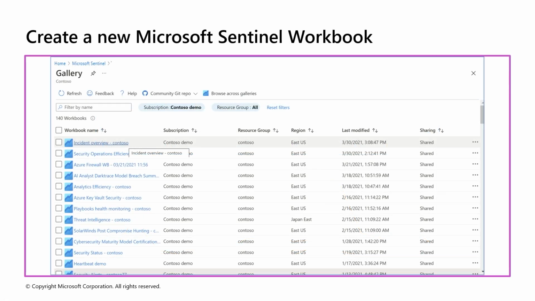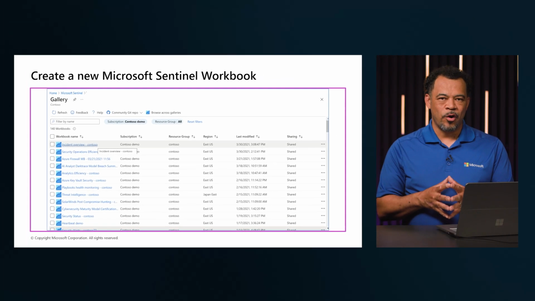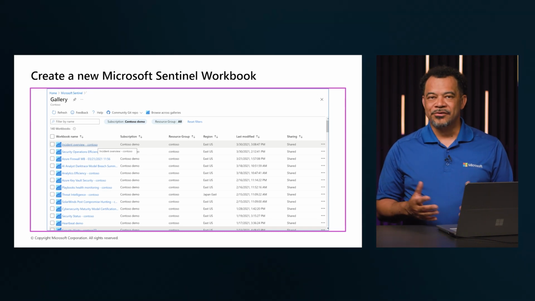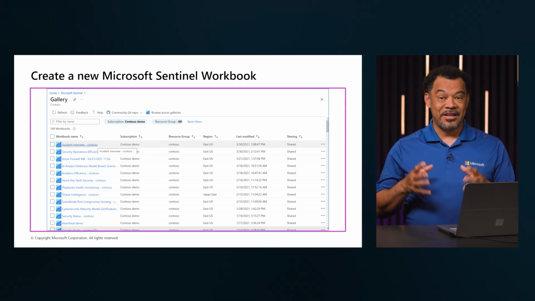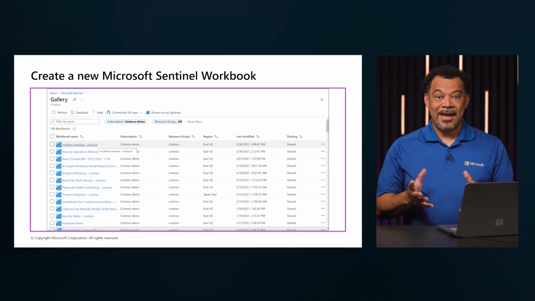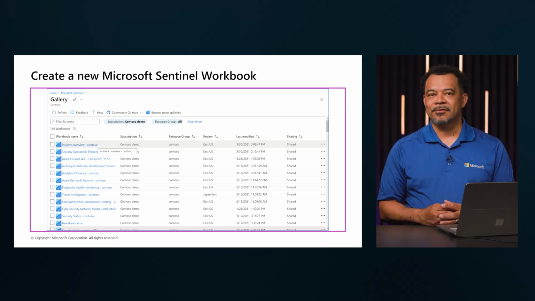To create a new workbook in Microsoft Sentinel, start by going to the Workbook section and selecting Add Workbook to launch a blank canvas. Click Edit to begin customizing or to add text, KQL queries, and parameters to tailor your workbook to your monitoring needs. When building queries, ensure the data source is set to logs, the resource type is set to Log Analytics, and select the appropriate workspace.